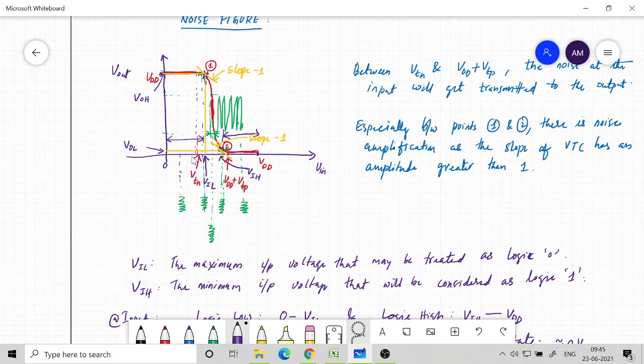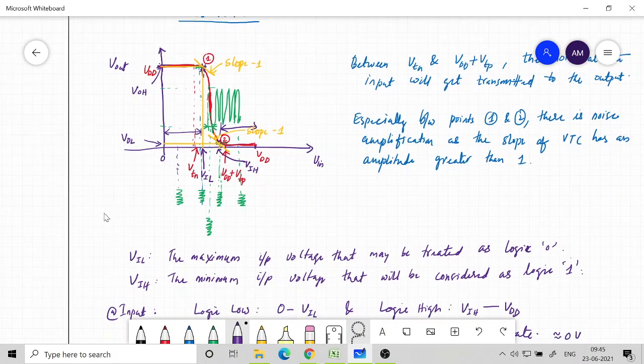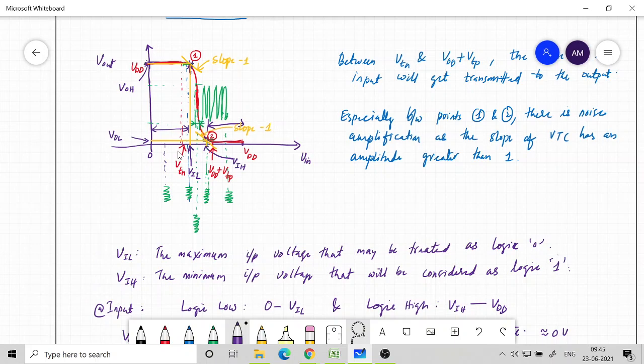And that's another advantage of CMOS, that it improves the logic levels. Input can be much away from 0. It could be anywhere from 0 to VIL, but once you pass it through the inverter, its output will get very close to VDD. Similarly, if the input is anywhere from VIH to VDD, the corresponding output will be a very good logic 0, which is close to 0.